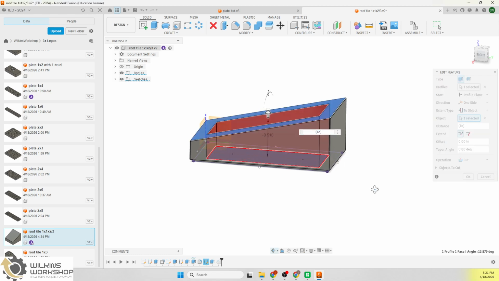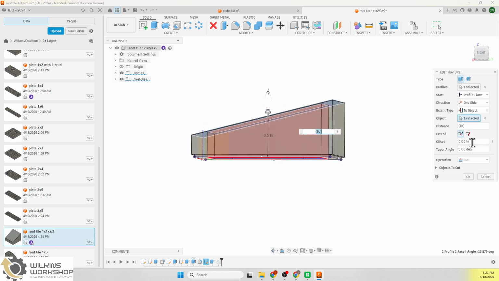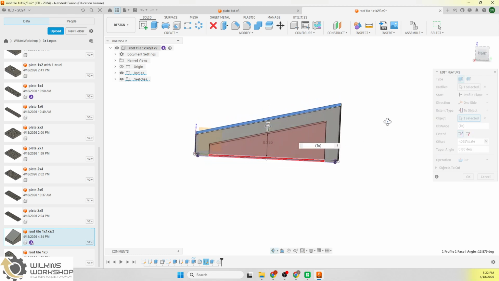I'm going to go up to here, but then I'm going to do an offset of 0.185, which is the wall thickness of this. So 0.185 divided by scale is 0.061. Okay, so that sounds about right, the 0.061 part. So really this is going to be 0.061 times scale. And I've got to do a negative sign so that it goes below that. And that's going to leave that much material underneath